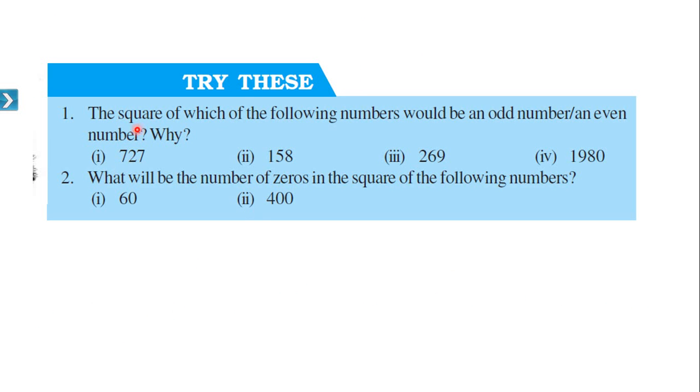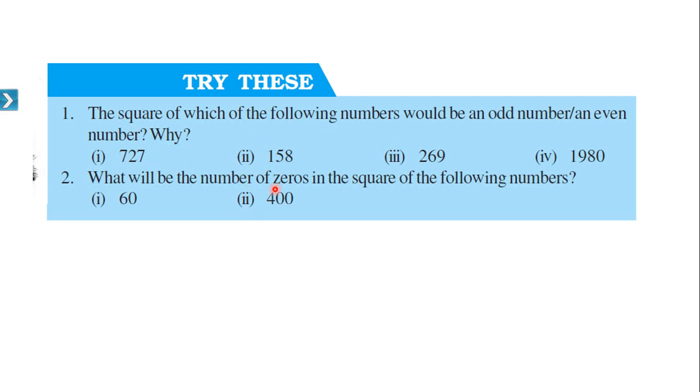Now try this. Would the square of each of the following numbers be an odd number or an even number? Why? We know the property. Squares of even numbers are even, squares of odd numbers are odd. So now see here, you have to say whether the square of each of the following numbers would be an odd number or an even number. And second one,